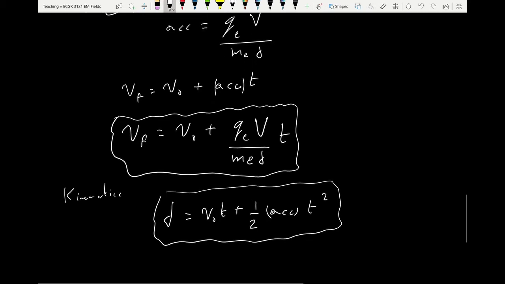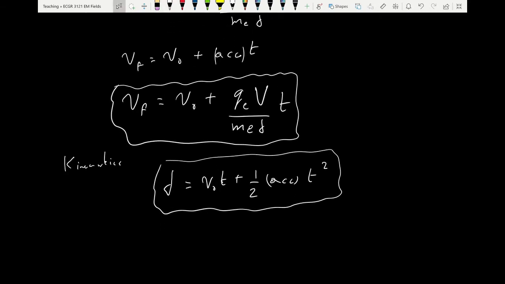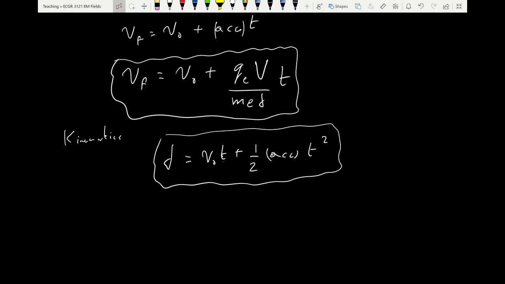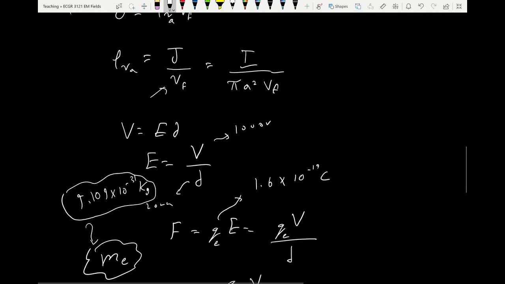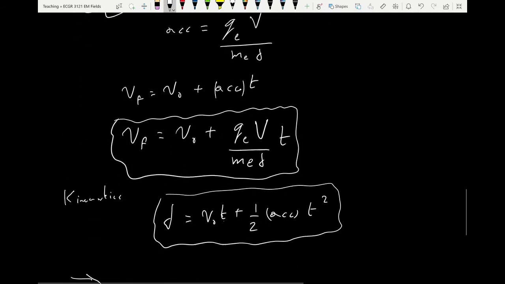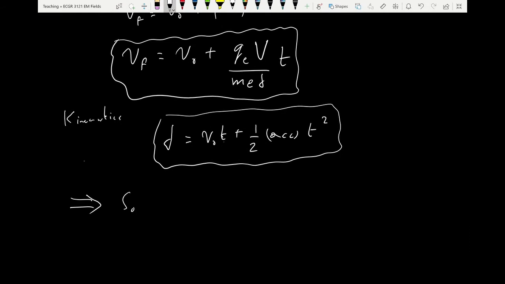I'm not going to derive it. It should be pretty well known. So this allows you to calculate t. We found vF. So to find rho_v at the anode, here's what we need to do. First, we need to solve